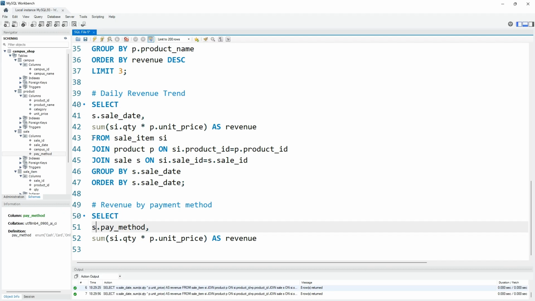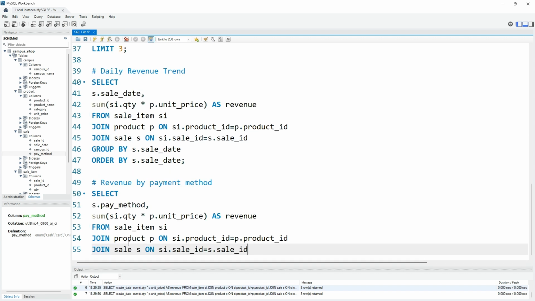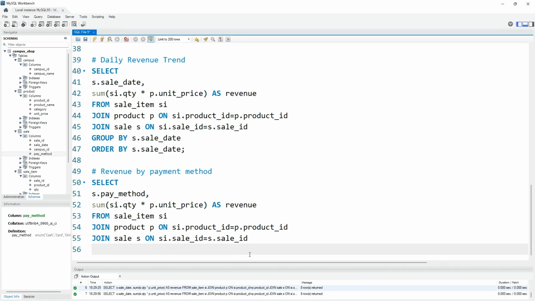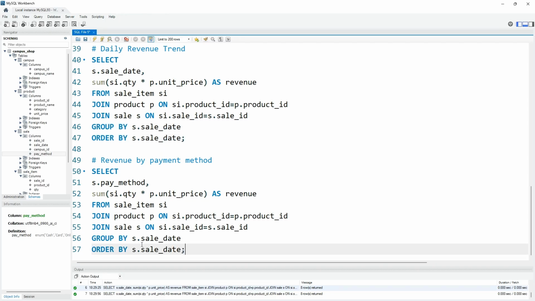There, you can just repeat that same thing as it is. I'm not going to talk about that again. So you can just repeat that from the sales item, join the product, again, sales as usual, and then we will do a group by, same thing, and we will do an order by this time,